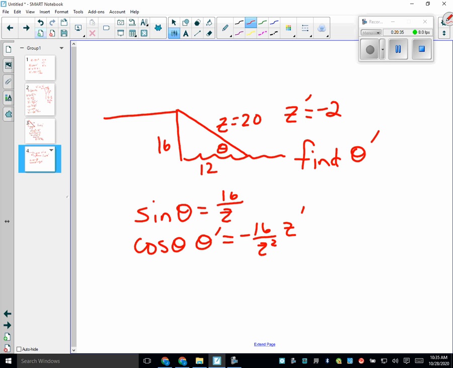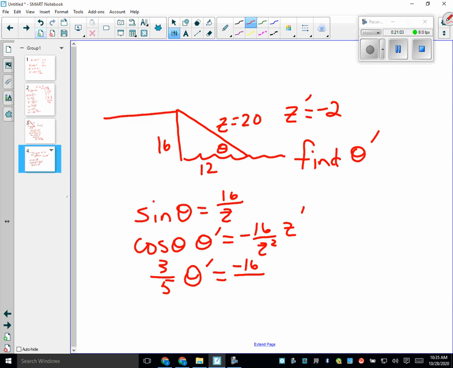You're done. Good. What you found a while ago. So what is the cosine of theta? 12 over z. 3 over 5. 3 over 5 theta prime equals negative 16